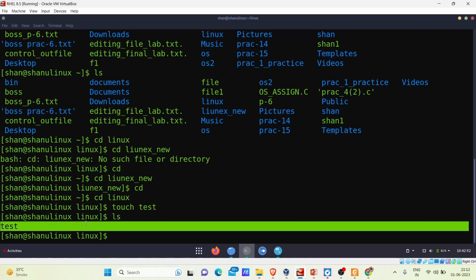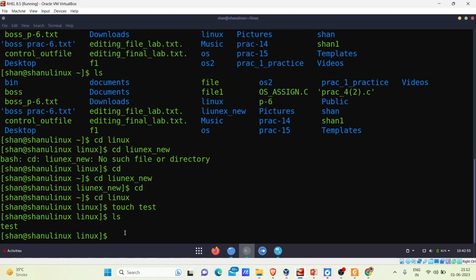So yeah, you can see that it is showing me that one file was created, which is named test, because I had written the ls command. Now the other thing which I am going to show you, our next command which I will write, is